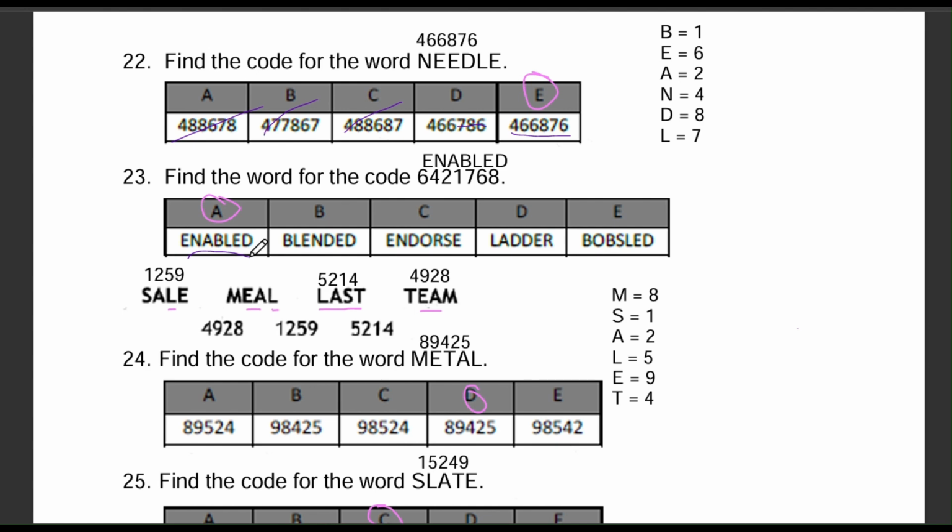Let's break it down. Using the second key, 6 is E, 4 is N, 2 is A, 1 is B, 7 is L, 6 is E, and 8 is D. If we put those letters together, we get E-N-A-B-L-E-D, which spells enabled. So why aren't the others right? Well, B, C, D, and E just don't line up with the digit to letter matching that we have, so they can't possibly decode into